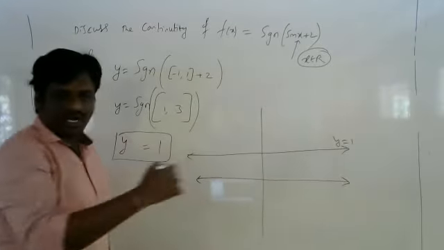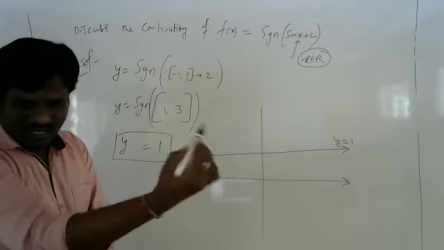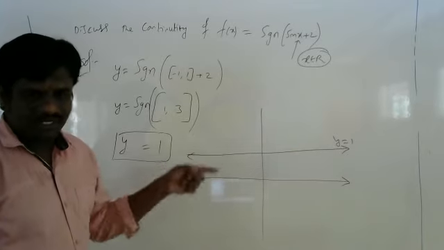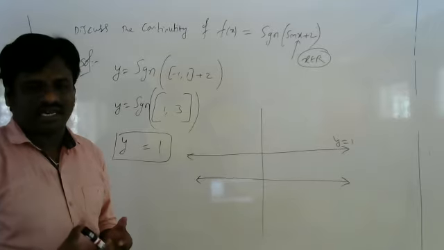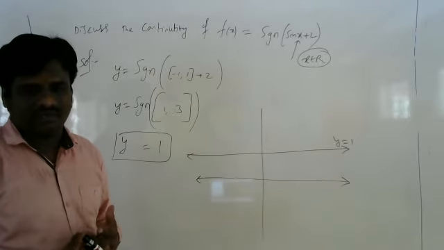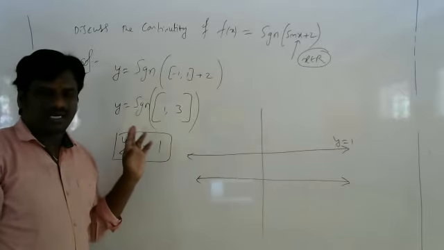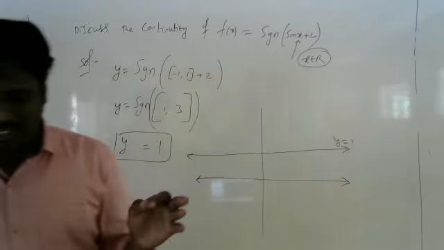So when I am drawing the graph, did I lift the pen? No, no. I drew a straight line, na. Y is equal to 1 straight line. I already informed you polynomial, straight lines are continuous functions. I told myself y is equal to 1. It is a continuous function. So it is continuous in x belongs to R.